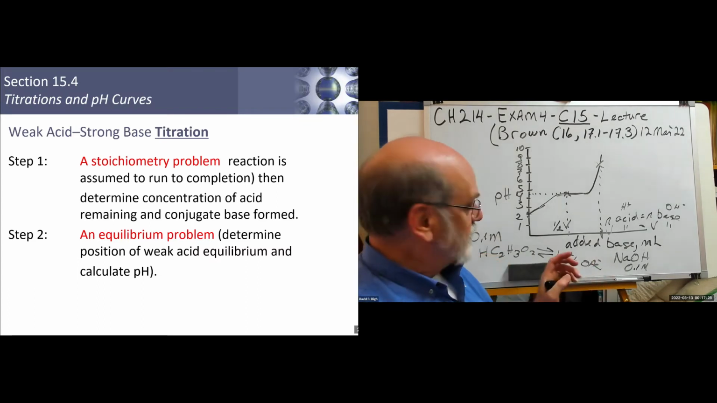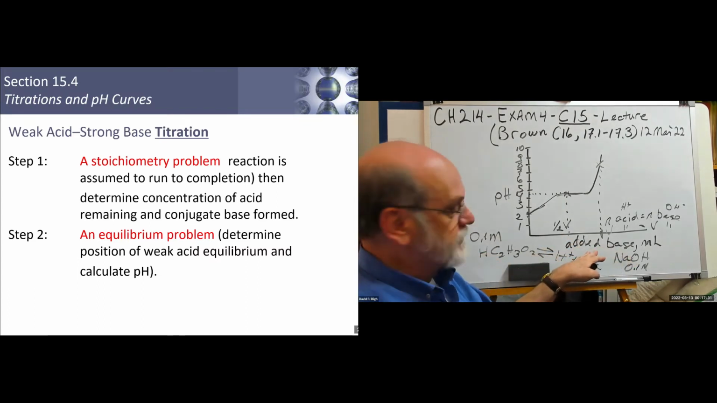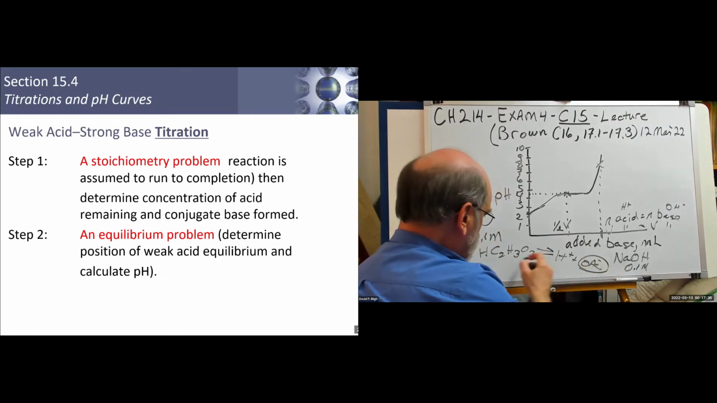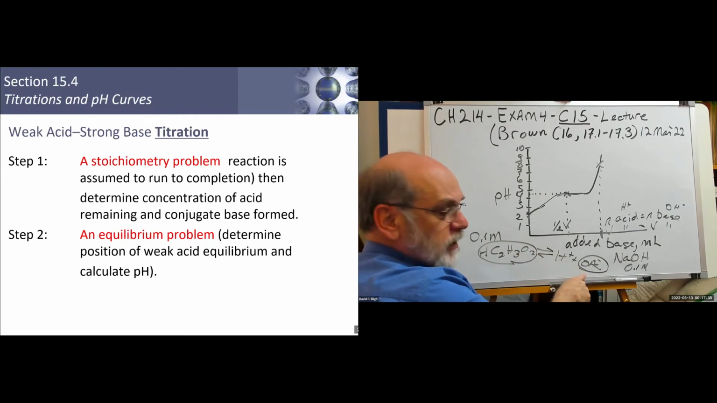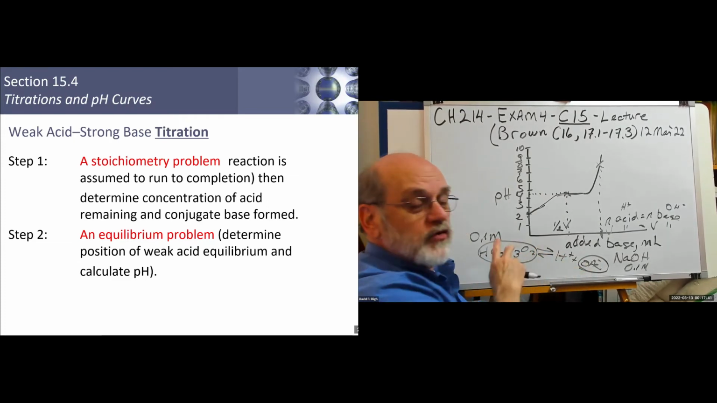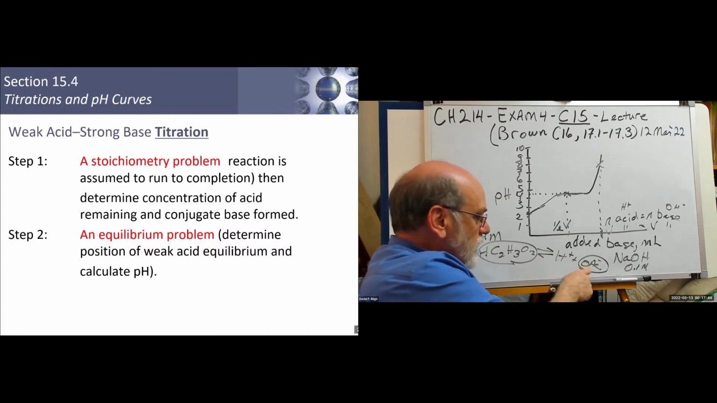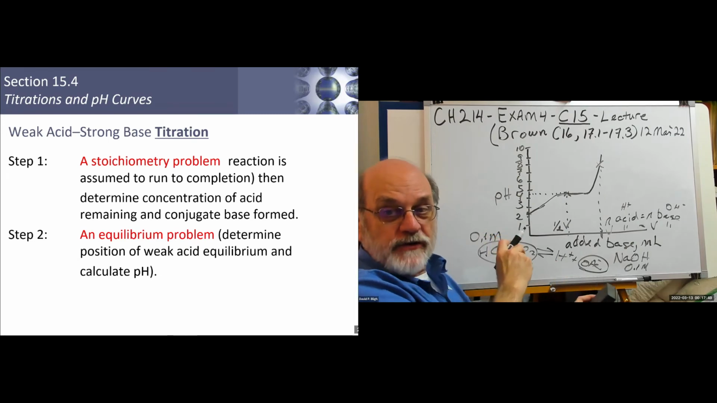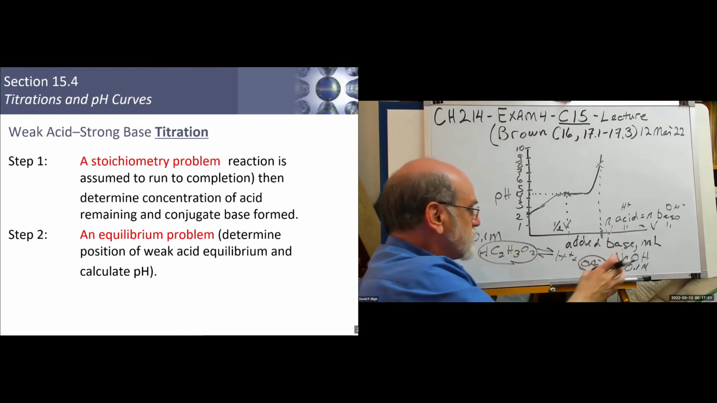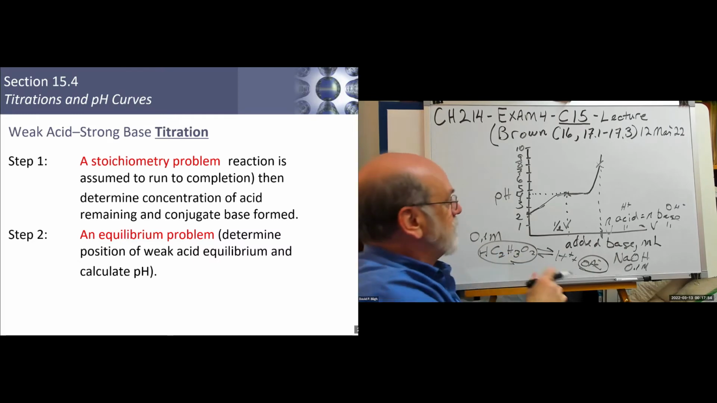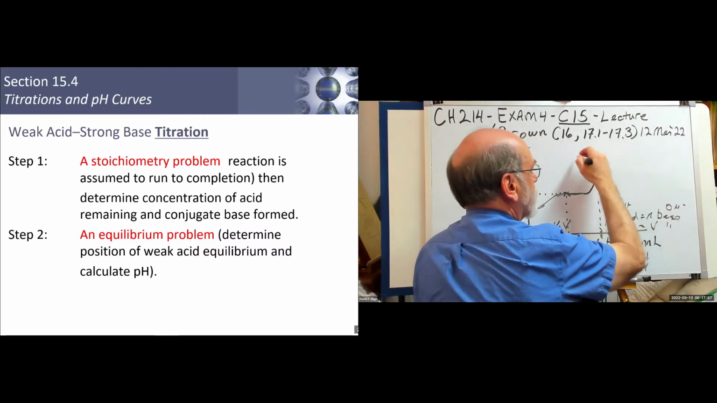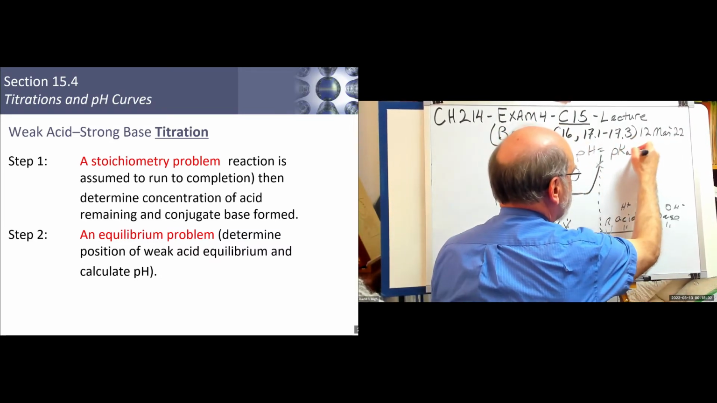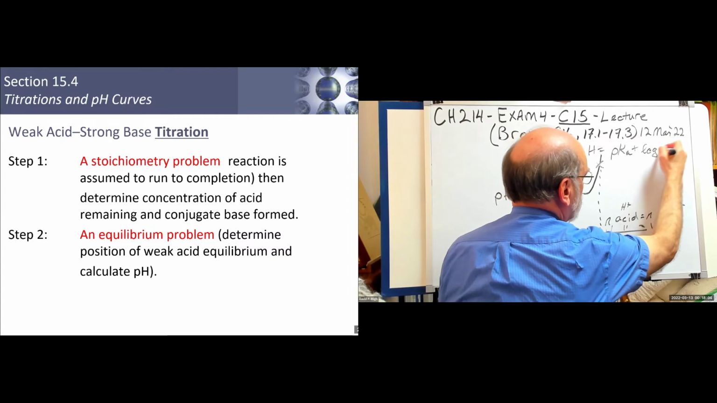Okay. So if you've added only half the volume of base, you have generated an equal amount of this. You've only neutralized half of that acid. So half of it is now over here. So in molar concentration terms, this concentration is equal to that concentration. So if we look at our Henderson-Hasselbalch equation, pH equals pKa plus log of,